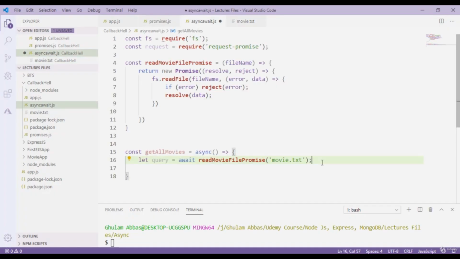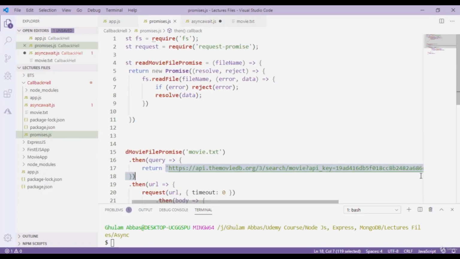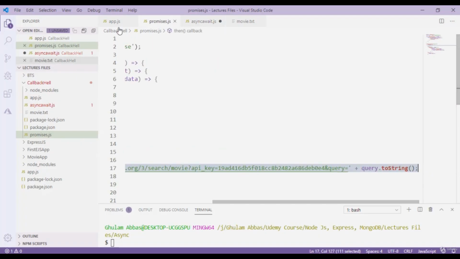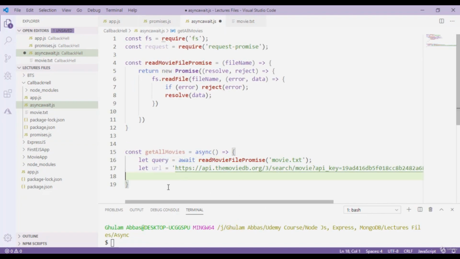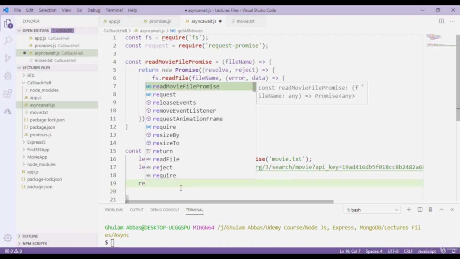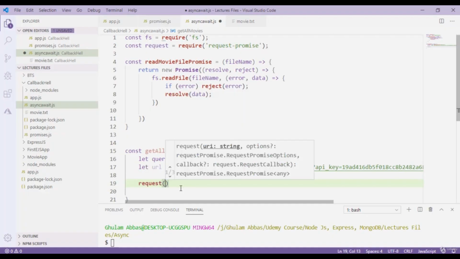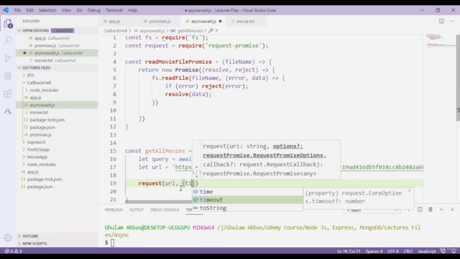movie.txt file, and after that I simply type here the URL, let url equals to, I simply go back and copy it from here, Control C and paste it here. This query is the one that we get from here right now. Now let's use this request method. So I simply type here request and I type this URL, because I want to request this URL,